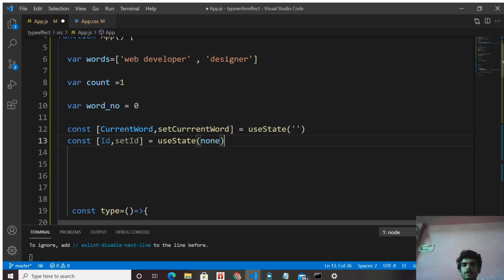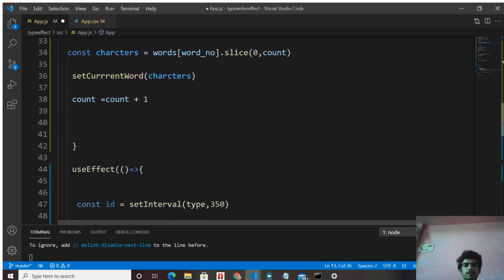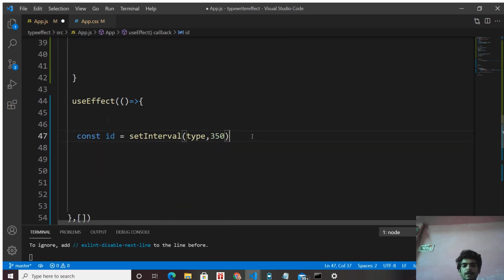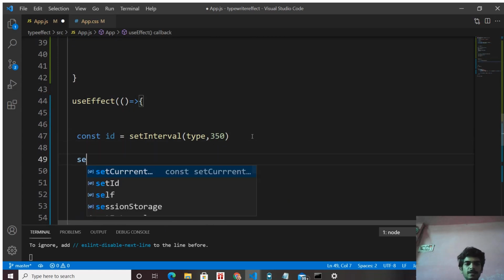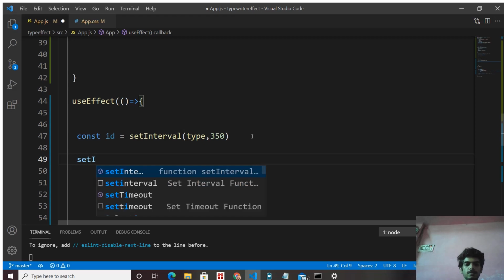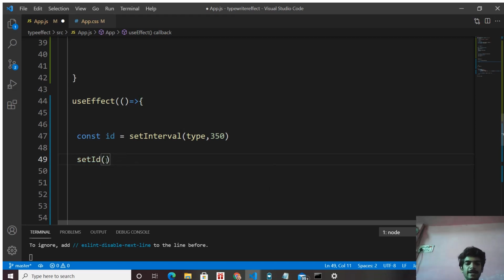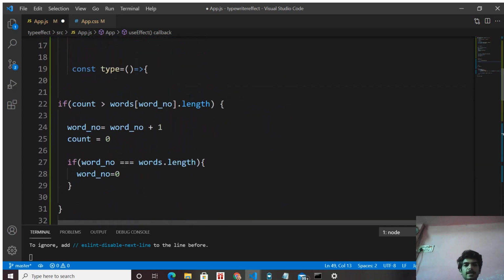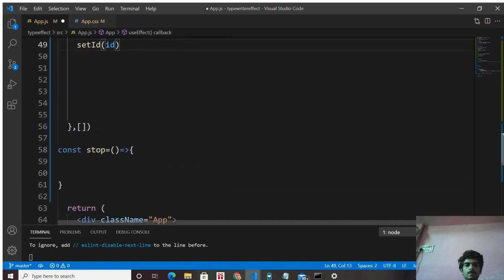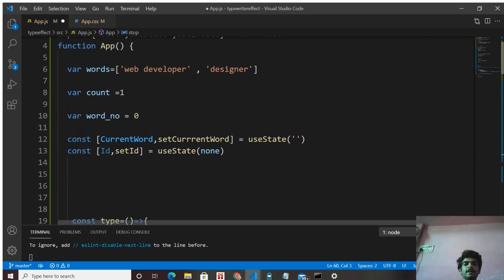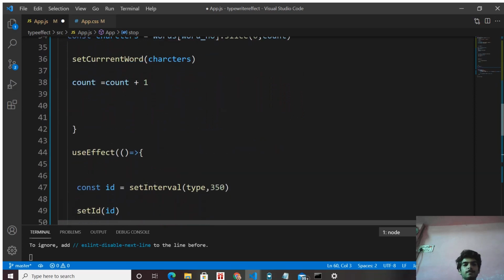There is no value in the id, but when the set interval returns the id, we want to update this id in the state function. Let's update it with set id, and now we have our state id current value. In the stop function, the last updated id value we can retrieve with the id variable, because we have set it with the set id function.